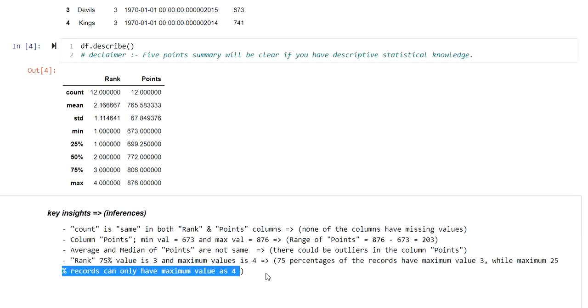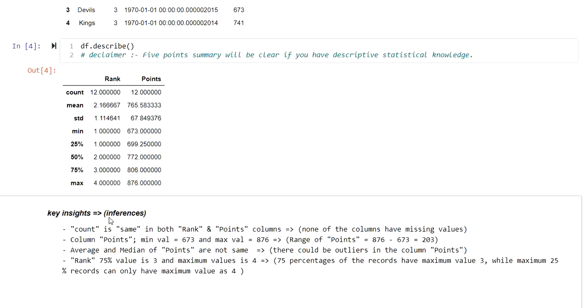For that you have to go to the data and see your 76th value. If it is 4, then yes, the remaining values will also be 4. But if your 76th percentile value is also 3, then you have to check the next in the sequence, the 77th, and like that you can get to know the exact number of records. Alright, so these are the key insights I could see on the given data frame summary, and also my inferences as per my understanding of the problem statement.